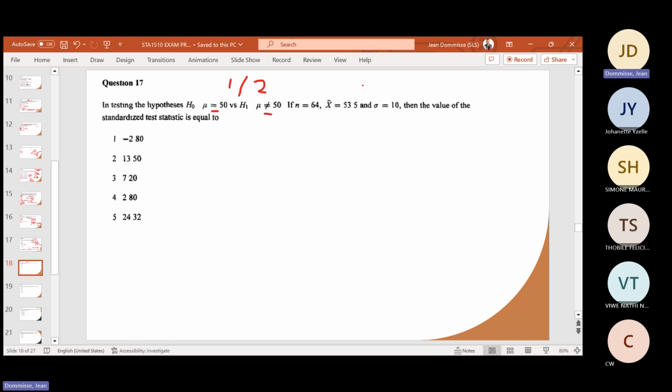So while you're thinking one and two tail, now we need to work out the test statistic. This is a nice way of how they will frame it. They give you information, and they ask you to work out the value of a standardized test statistic. Okay, so for this one, we'll use the Z. The Z is the X minus the mean divided by,